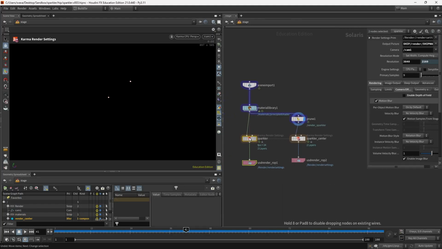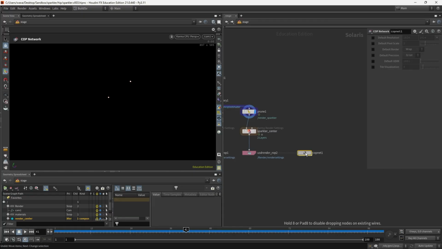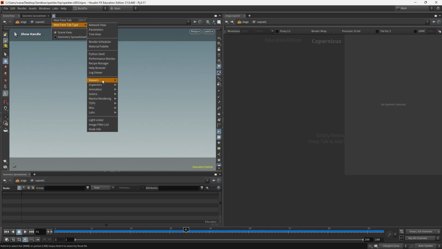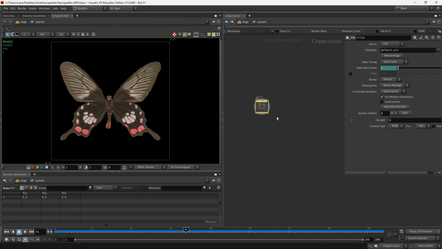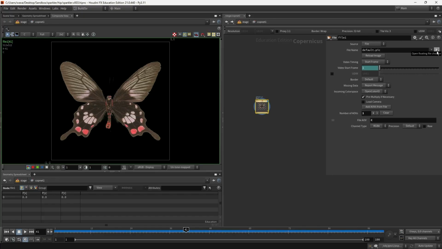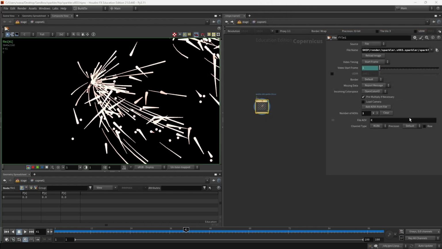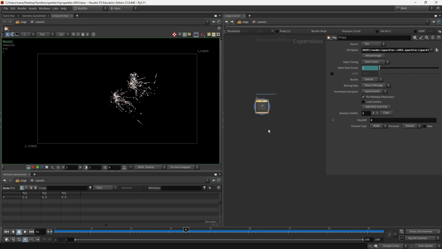Back in Houdini, I'm going to create a very simple comp in Copernicus. So I'm going to put down a COP network. Dive inside. And then I'm going to open up a compositing view. So inside of viewers, I'm going to choose composite view. Then I want to bring in my file. So I'm going to put down a file node. And pick up the sparks. Load. And then another file node to pick up the center.